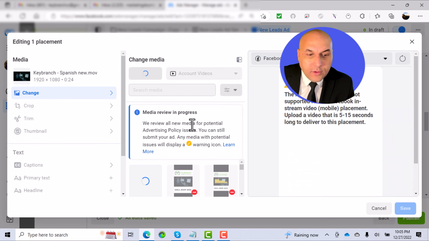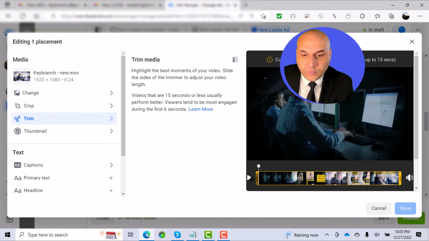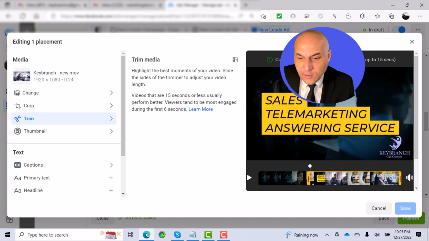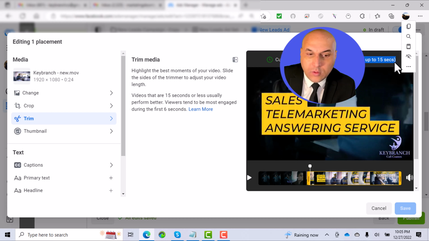So what we're going to do is we're going to go to this feature here, which is trim, and we're going to trim it down. So this video is 50 seconds, so what I'm going to do is I'm going to trim it down to 15 seconds. And then we're good. And apply. For the 15-second ones,